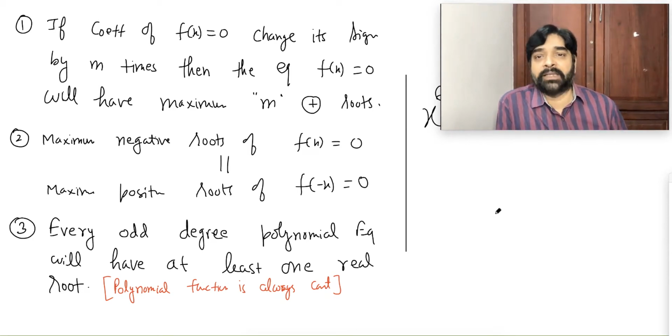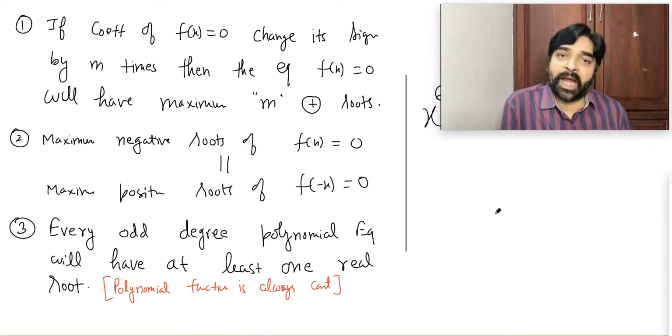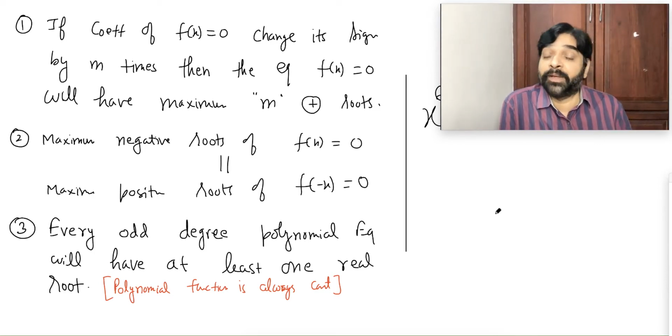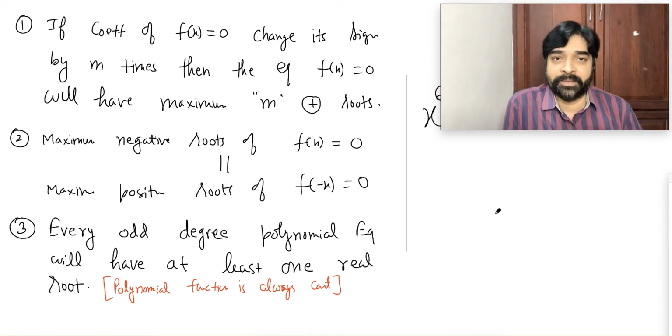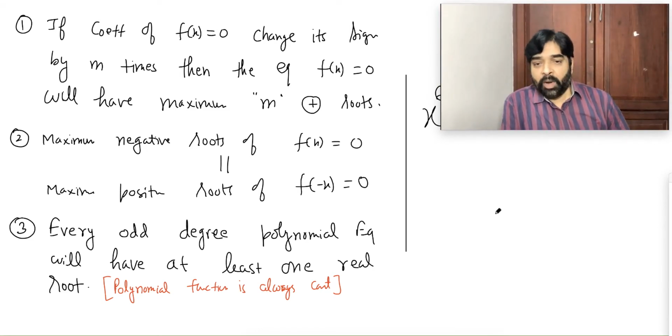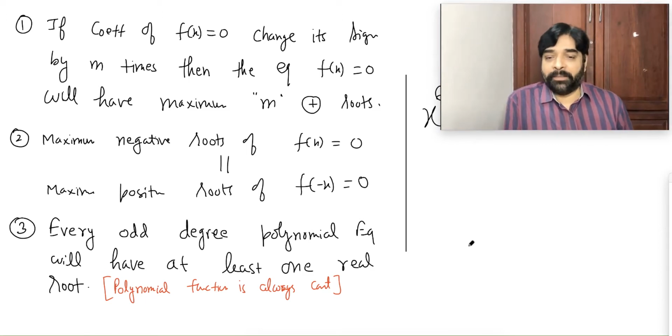Any polynomial, whether it's a single degree, or quartic, or cubic, any kind of polynomial, is always a continuous expression, a continuous function. So whenever we draw the graph of a polynomial function, we don't have to worry that it's going to break at any point. It never breaks. It's always a continuous function. Why am I telling this?